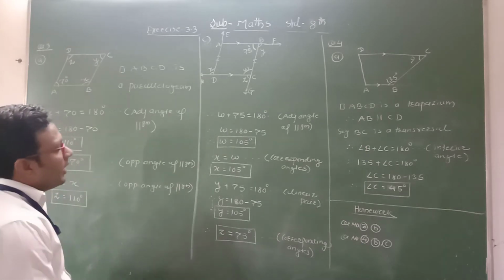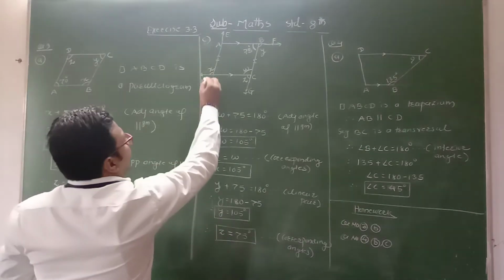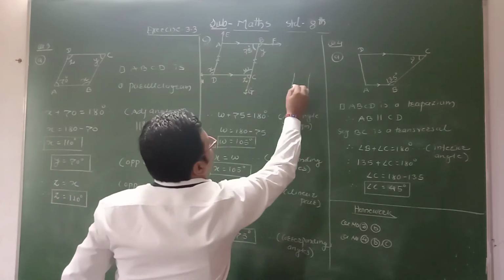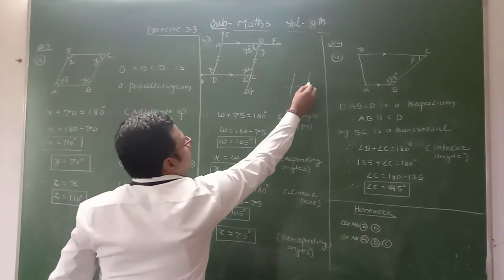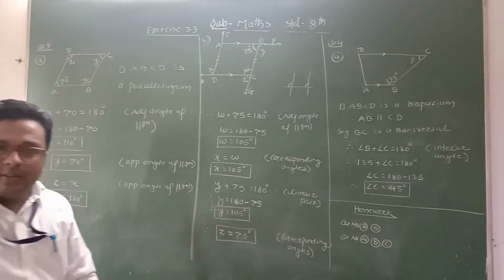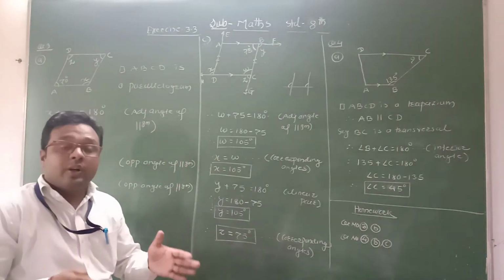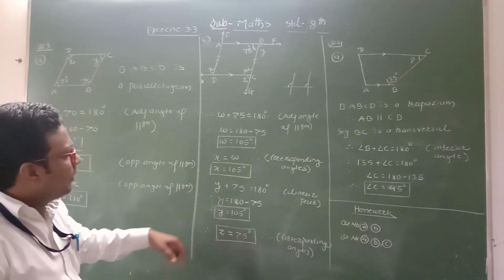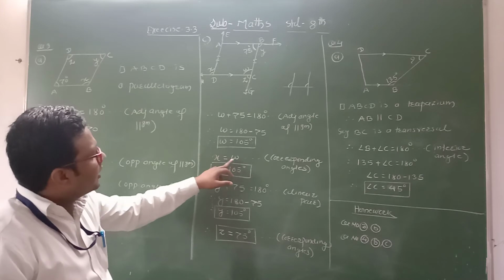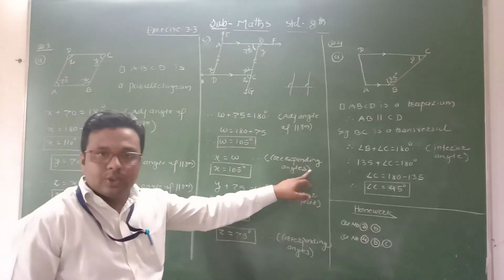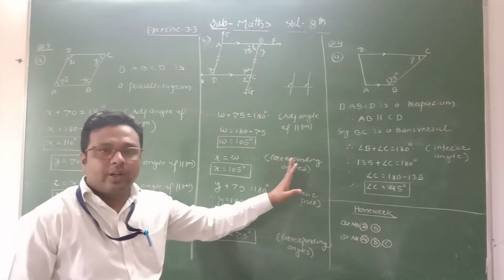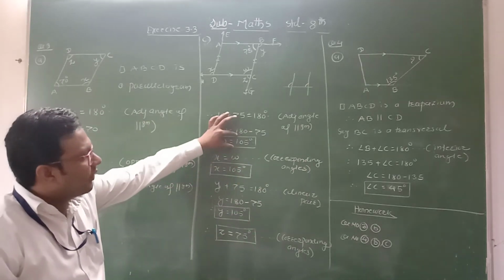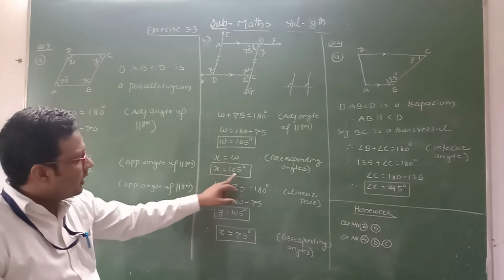Okay. Now see, X and W, two parallel lines, then CD is the transversal, then these two angles are the corresponding angles. Corresponding angles formed by the parallel lines are what? Equal. This property here we use. Therefore I write X is equal to W, corresponding angles formed by the parallel lines, or corresponding angle property we can write. Therefore X is equal to W, we already found here 105, that is 105 degrees.